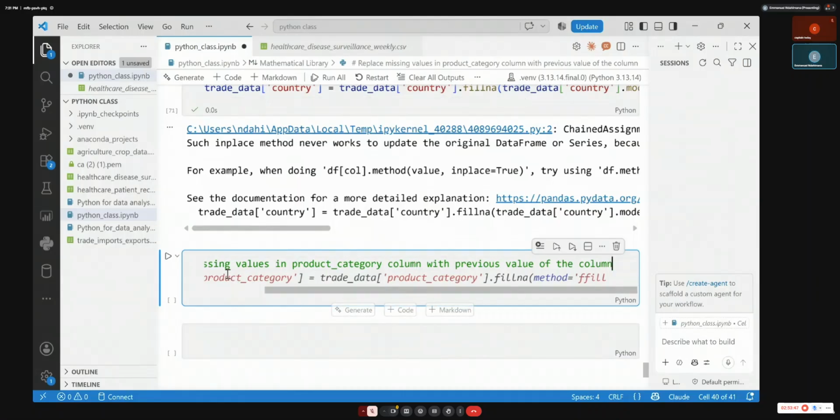See the sentence I just wrote: with the previous value in that column.